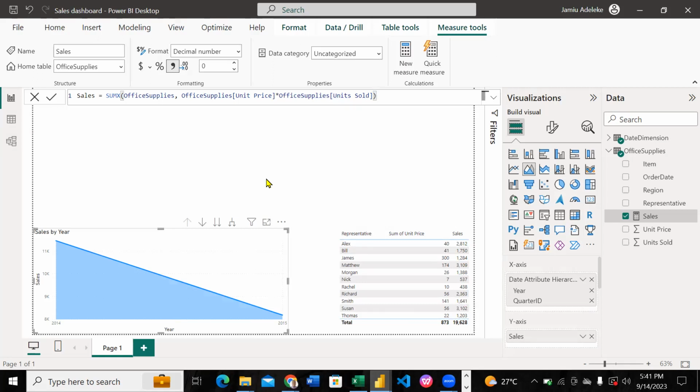So I'm going to give us an assignment. Try as much as possible to create a table, and instead of the representative we have here, use items. So look for the items and the region. Create a table that shows the items, the region, the unit price and the sales. Here we are showing representative, unit price and sales. So show it, and your total must be in